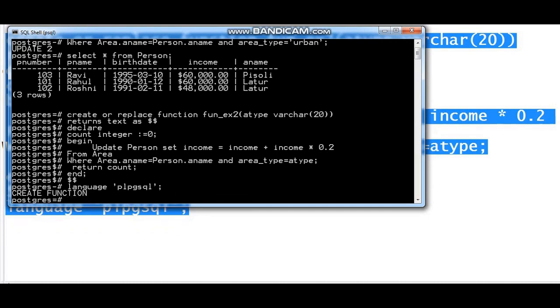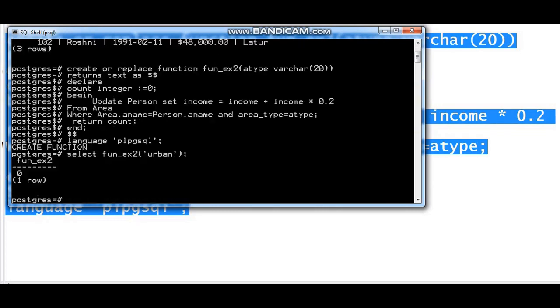Right, next we are going to call the function. Select function का नाम, function का नाम underscore ex2. Right, and in brackets we are providing the type, since we need to update urban wala, right, area type, then semicolon, enter. So here you can see this calling is successful.